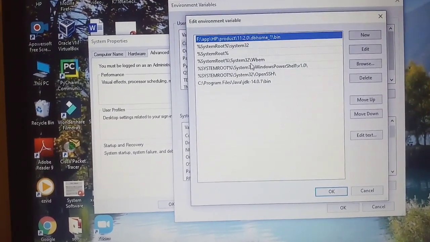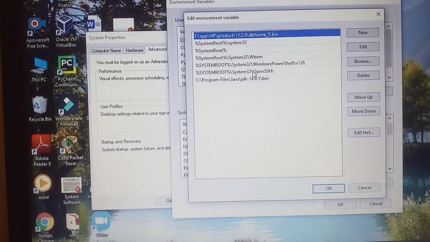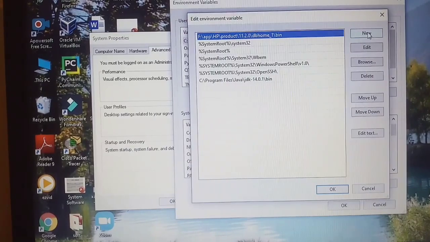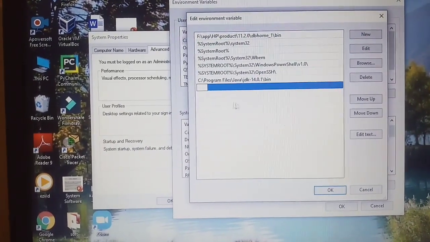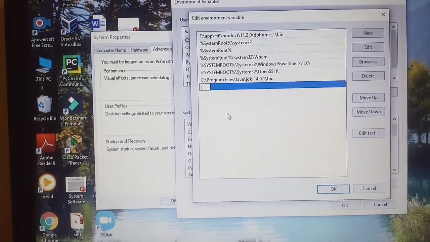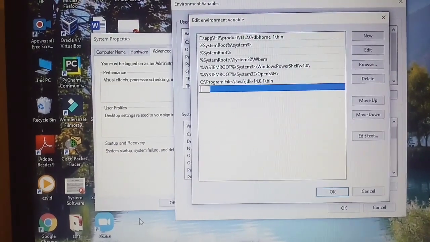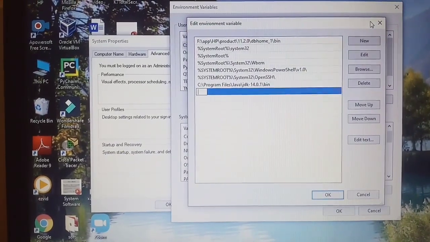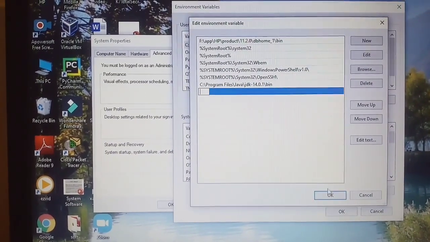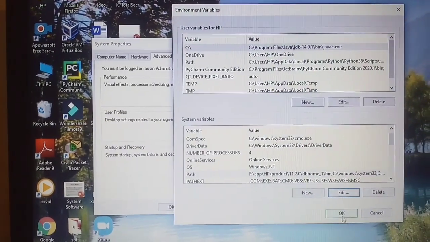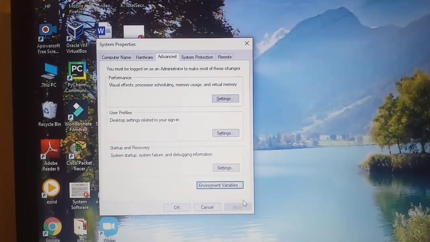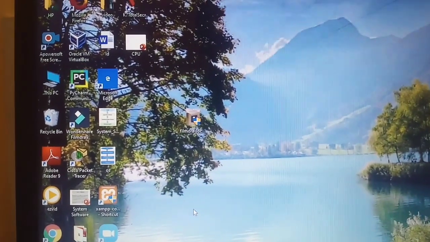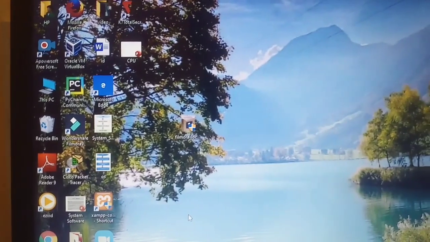Here all these system related paths are already set. If I want to set another path, I will click on the New button and paste that path here. That path comes from the location where our program or our file is stored, and we will click the OK button. Just like this we can simply set our path and class path for the particular program.